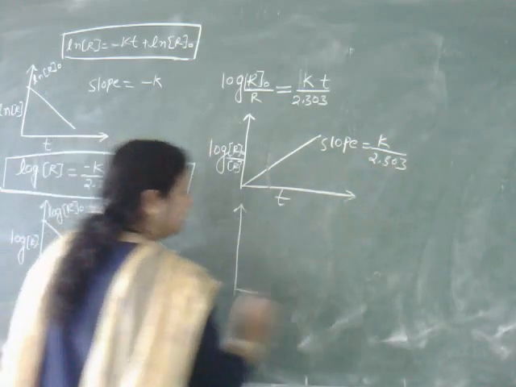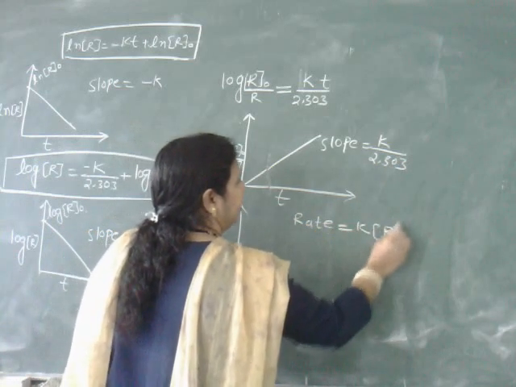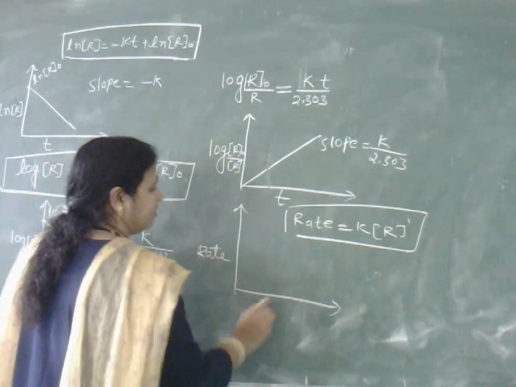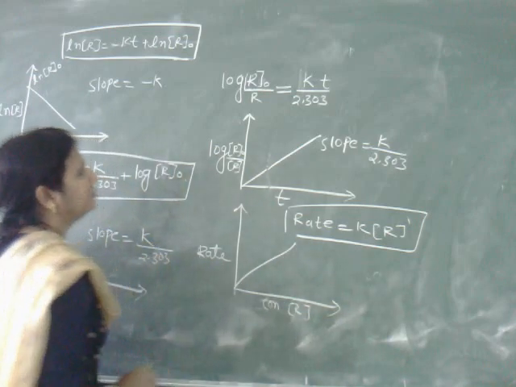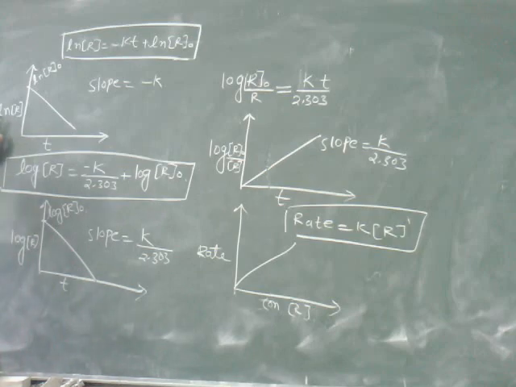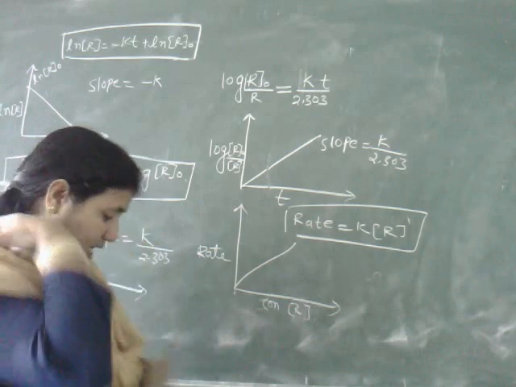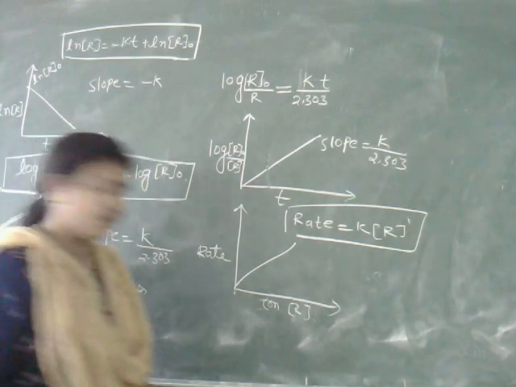And last, our starting rate equation. What is that? Rate is equal to k r. For this one we have this graph. Here we have rate and here we have concentration, that is r, and we will get a straight line here. So these are the four graphs for first order reaction: 1, 2, 3, 4. These four graphs are very important for theory. They can ask this one, the most important graph for theory, and the remaining three they can ask in competitive exams.